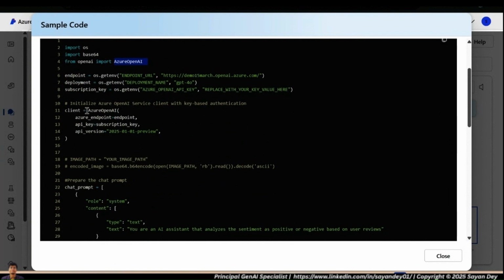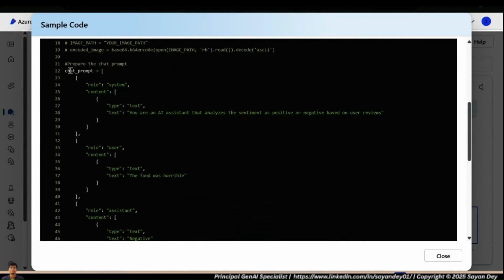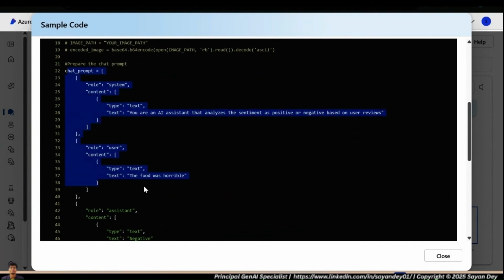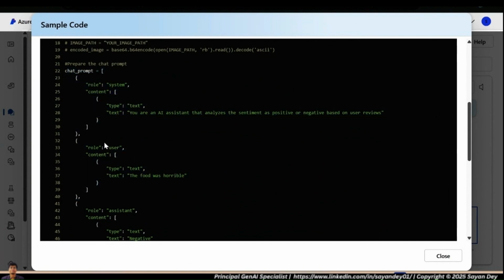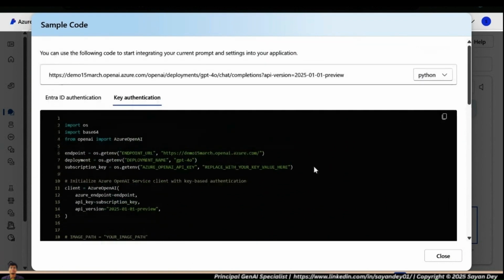See, the thing is very similar. The only difference is instead of directly using OpenAI, you're saying from openai import AzureOpenAI. The other one we were saying from openai import OpenAI. The OpenAI package has to be installed, and then this is simple. Give the endpoint URL, give the API key, give the version name, and see the template is the same. The chat prompt template is exactly the same: system message, user message, assistant response. Very similar, exactly.